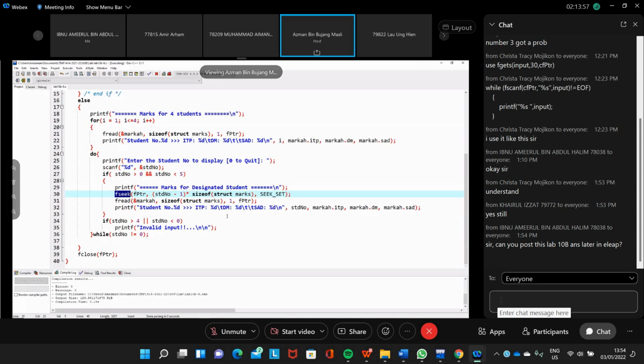But still, actually, you can use string compare. But the problem is that if you want to search a particular item in a binary file, it's useless because there's no difference between this file and a sequential file. You still go through all the records. Understand? But the purpose of using a binary file is that you can jump to the location randomly. So that's why we call it a random access file.